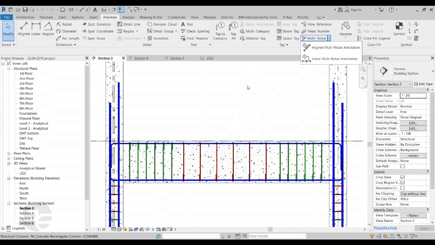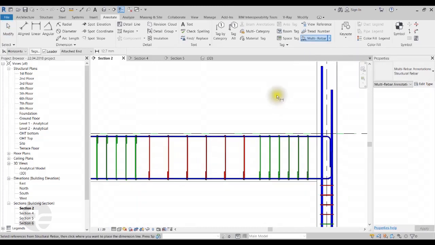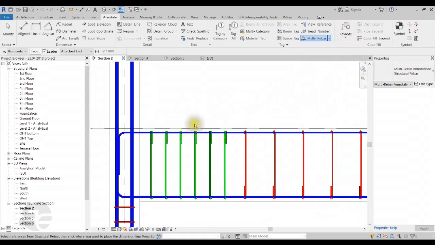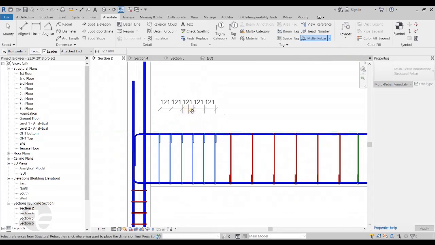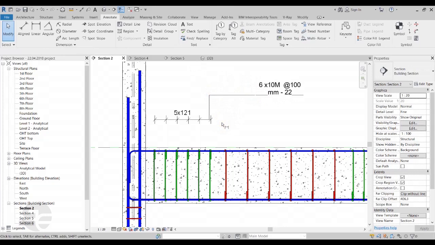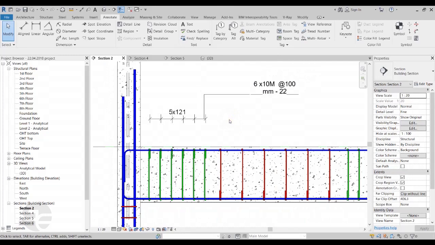Now if I just select the linear multi-rebar annotation option here, and I select any particular rebar element, I'll be able to place its annotation, which shows its detailing, how the distribution has been done here. Now from the Revit 2020 version, this annotation can also be made to show the distance from the